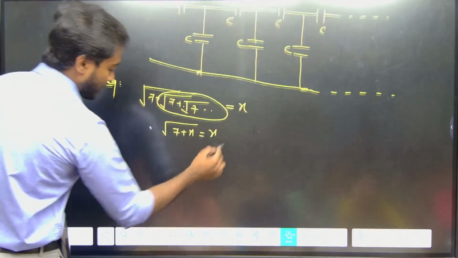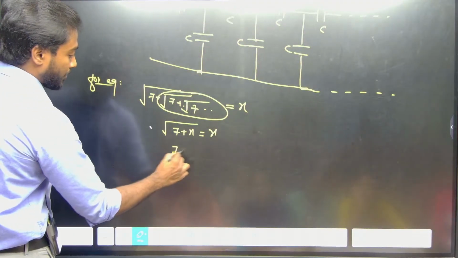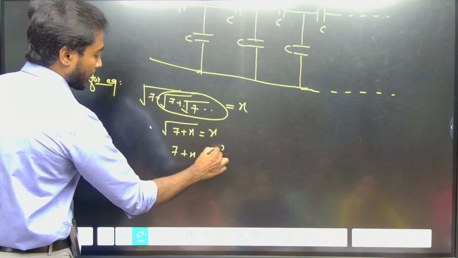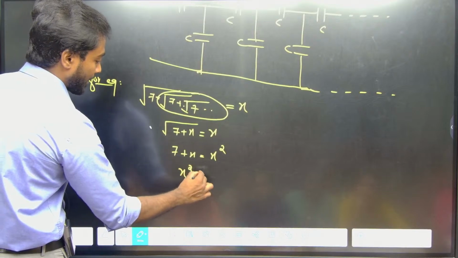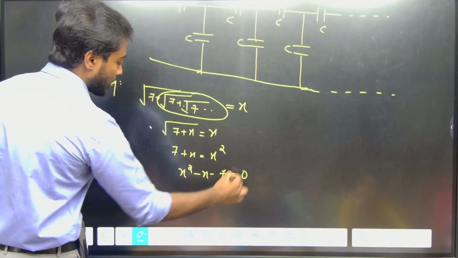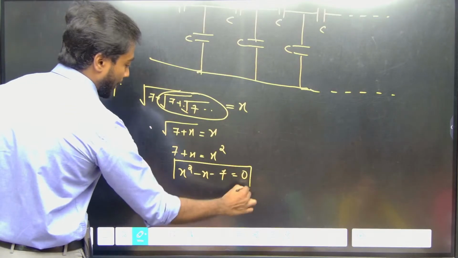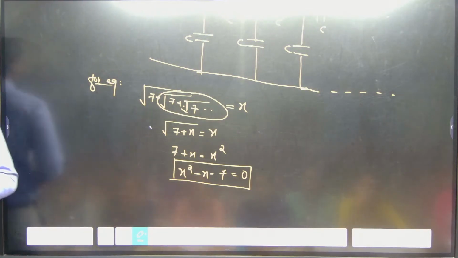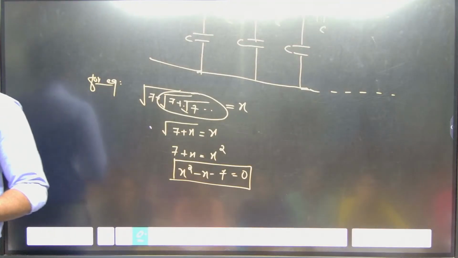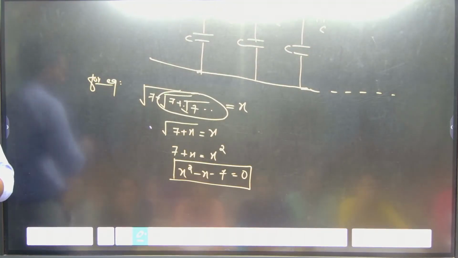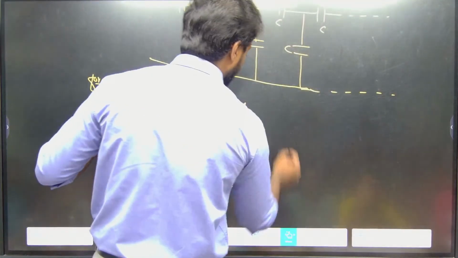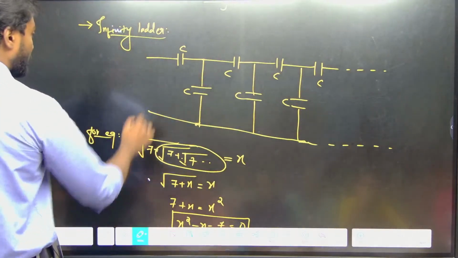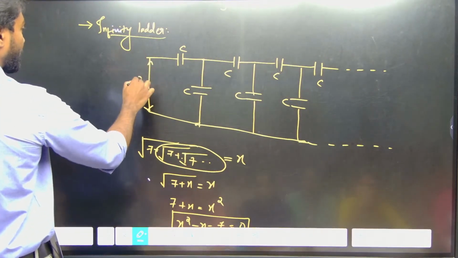So if I take the square on both sides, it will become 7 plus x will be equals to x square. So x square minus x minus 7 will be equals to 0. So I got a quadratic equation. So from minus b plus or minus root over b square minus 4ac by 2a, I can get the value of x. So similarly, if I talk about this one, the potential difference between these 2 points as x,